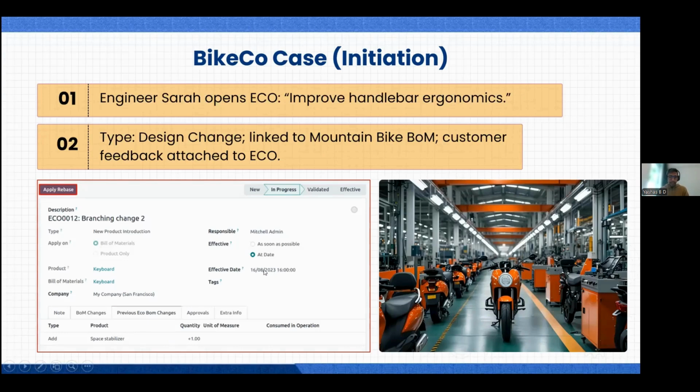You can see the effective date, when it will be made effective. Approvals will all be here. BOM changes will be recorded over here. On the top, as in the previous screenshots I showed, you can even record the design documents over there and how many versions it went through for approval.